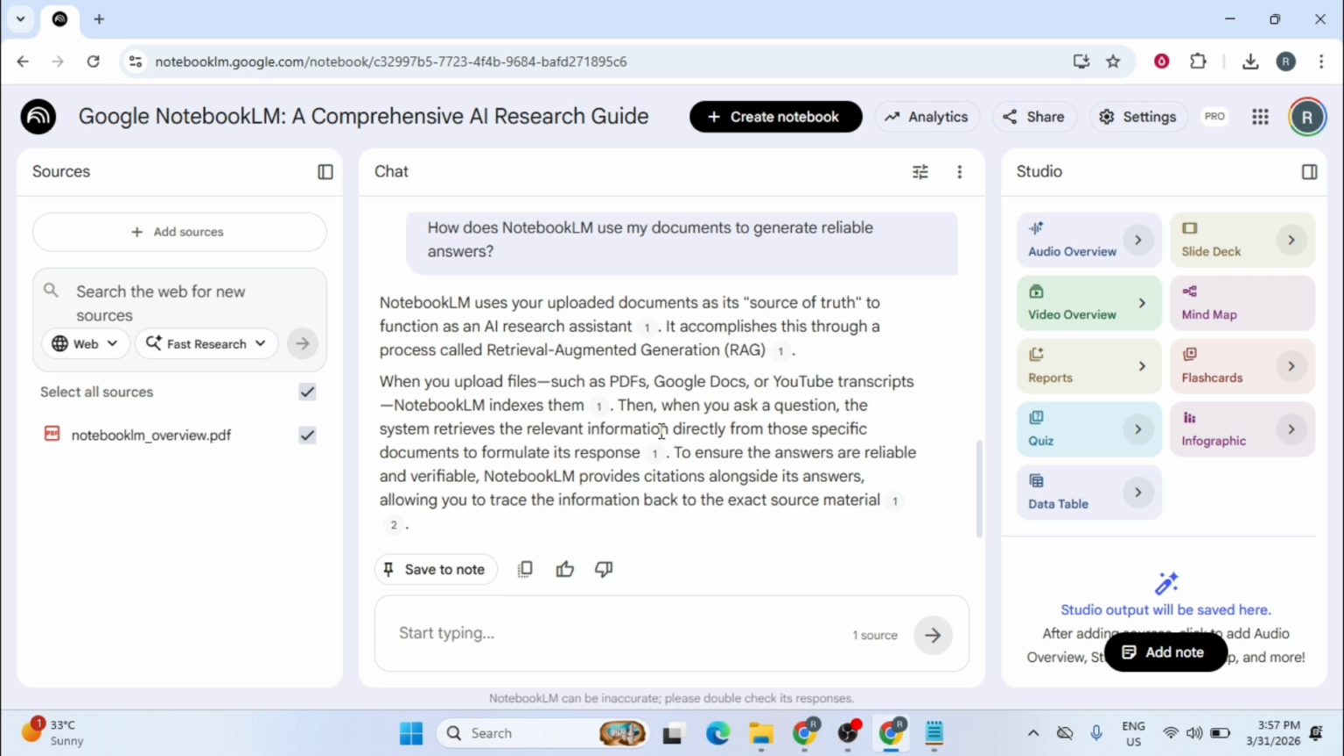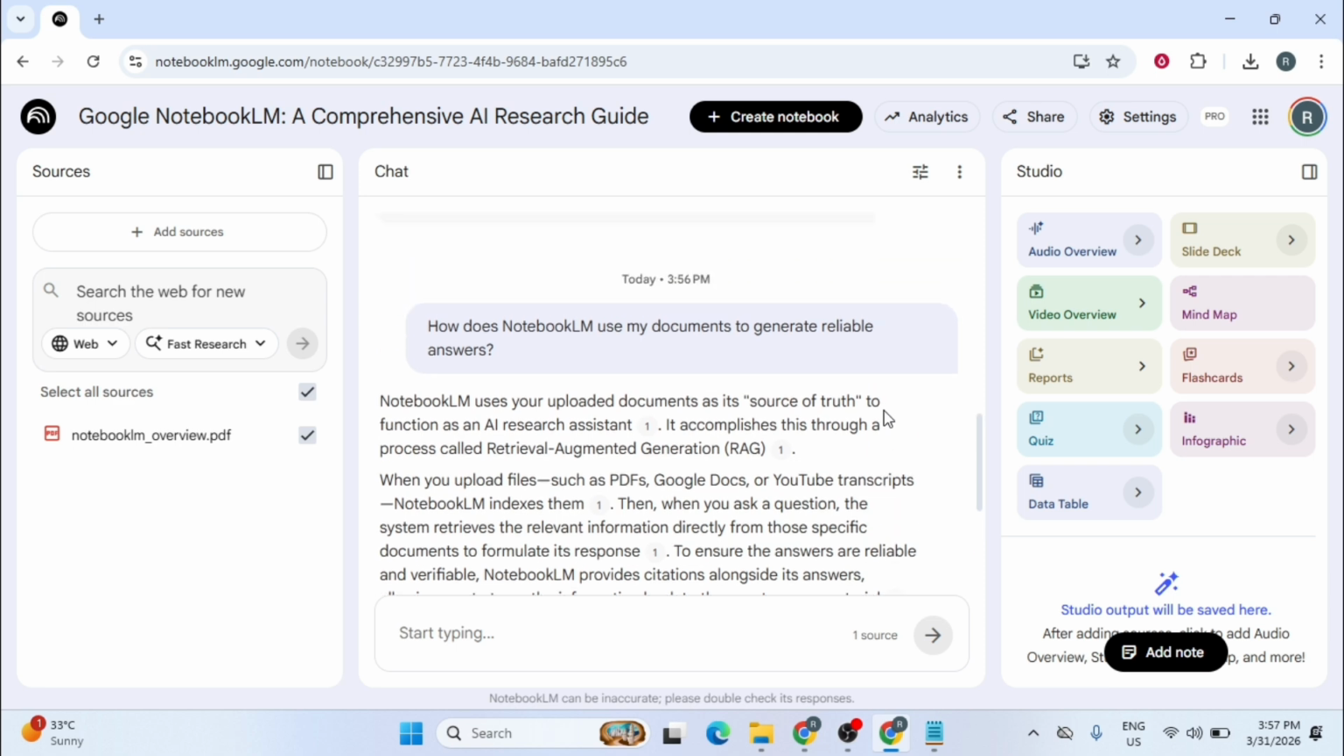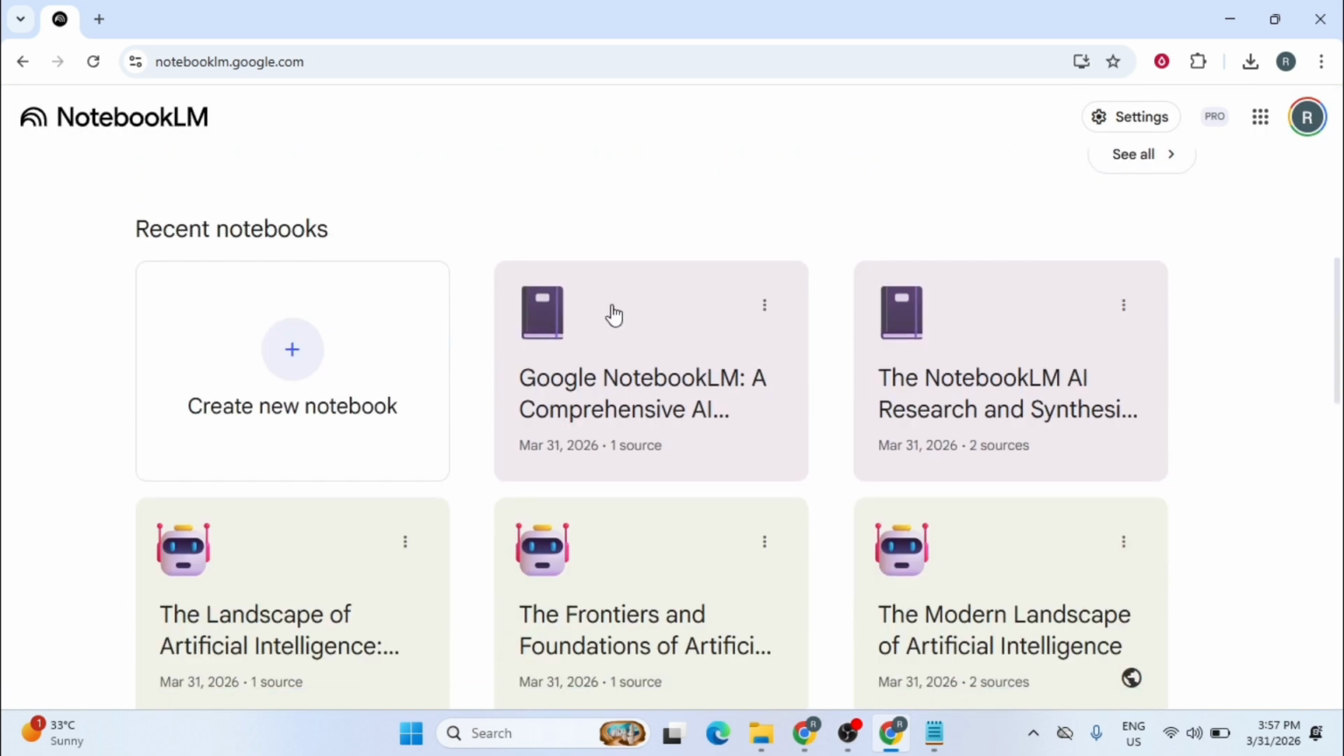To make sure this chat stays put, I'll check the three-dot menu in the corner. A message confirms that chat history is now automatically saved across sessions, so my work is always backed up. I can verify this by going back to the main dashboard and reopening the notebook, where you'll see the entire